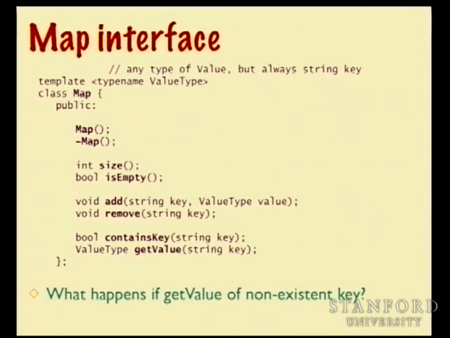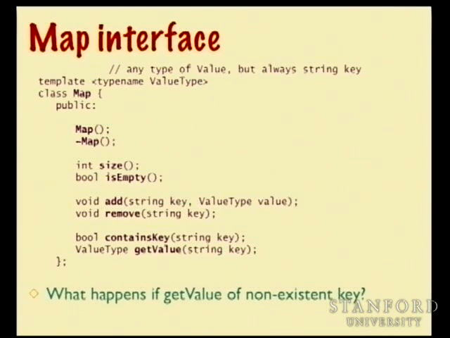So let's take a look at what the interface actually looks like. This is a little bit simplified. I removed a couple of the advanced features I'm going to get to in a second. The class name is map. It's templatized on the value type. If you look at the add operation, it takes a string type for the key and a value type for the value, and that means that the map is templatized on only one half of the pair. That the pair is always a key, which is a string, mapped to some other thing, whether it's a student structure or a vector of synonyms